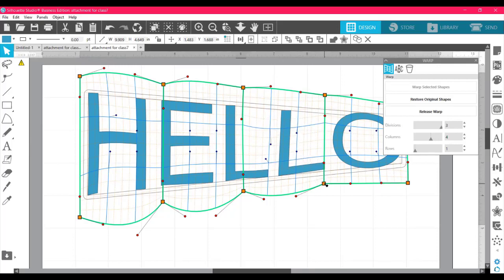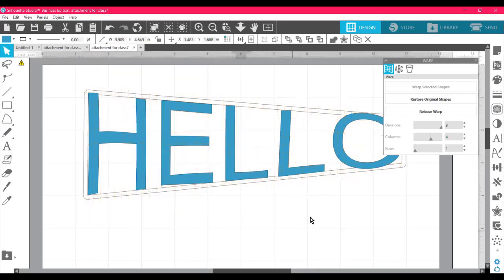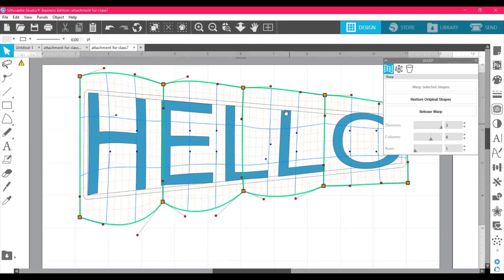Okay, let's see the L. Did you notice that I had that L going up right there in the center? That's not the way it should be. So I grabbed this little circle and was able to pull it down to straighten it out like that. That looks pretty good. This L is a little bit crazy, wonky. I have him turning the wrong way. I can try to straighten him up a little bit by grabbing this node up here or this handle, straighten